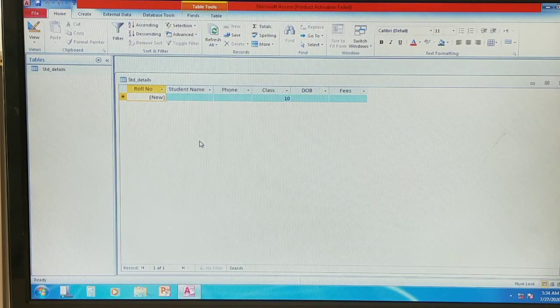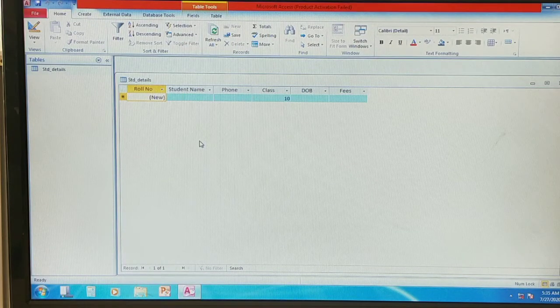So today we will see regarding the primary key. Already in the theory class we discussed the primary key. So what is the primary key? Whenever you apply the primary key for any field in the table, that particular field should not be null, and it should not take duplicate values.